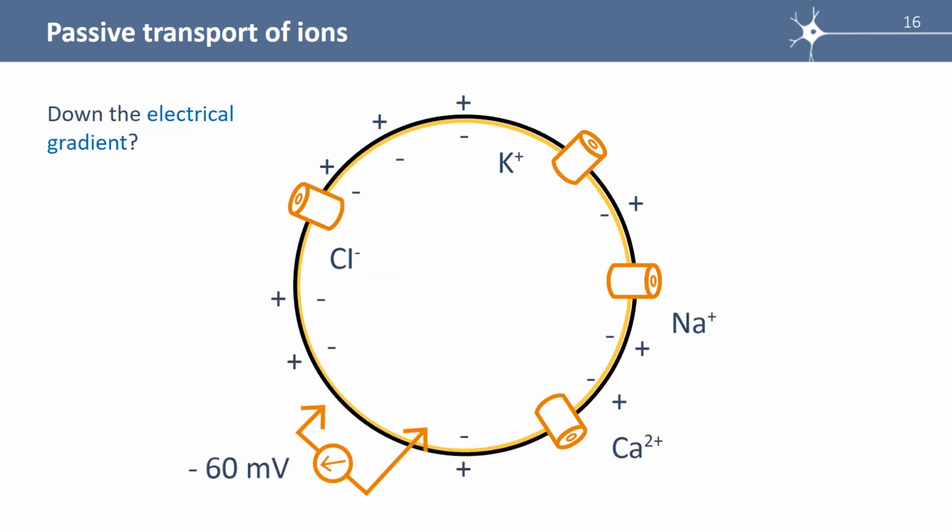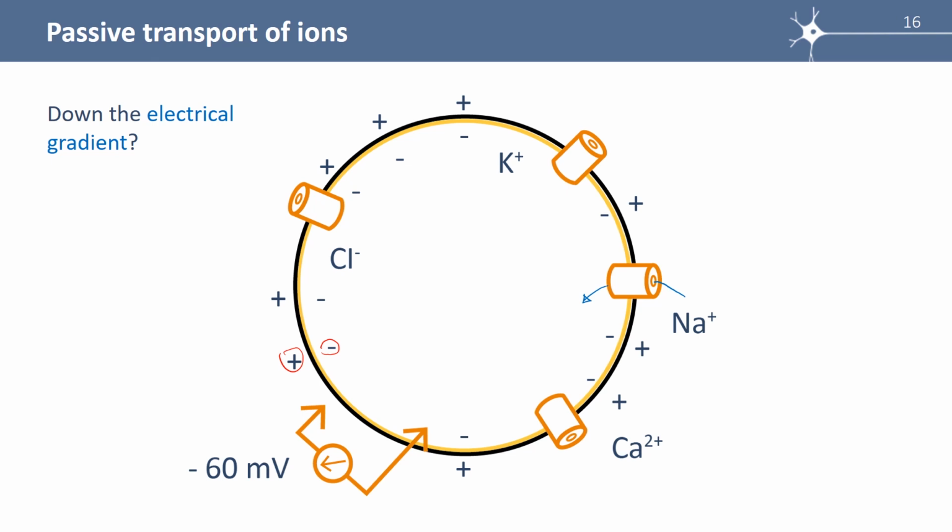The second force that makes the ions move is due to the electrical gradient. It turns out that the plasma membrane is more negatively charged on the inside than on the outside. And for this reason, the ions will move, because ions are charged particles. So sodium ions, for example, will be attracted by the intracellular side because plus charges are attracted by minus charges. So, due to the electrical gradient, sodium ions will have a tendency to enter the neuron.